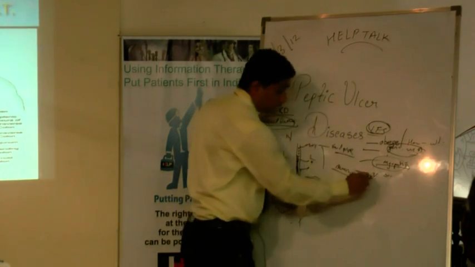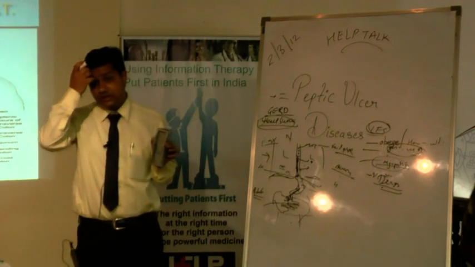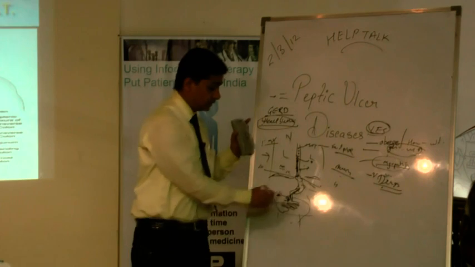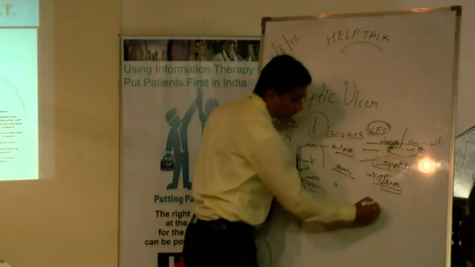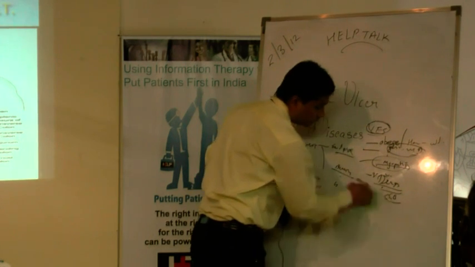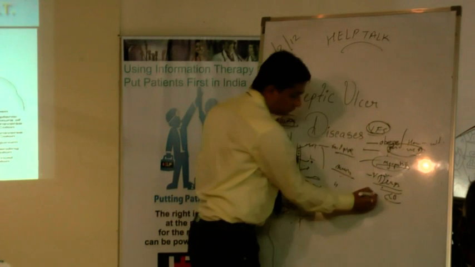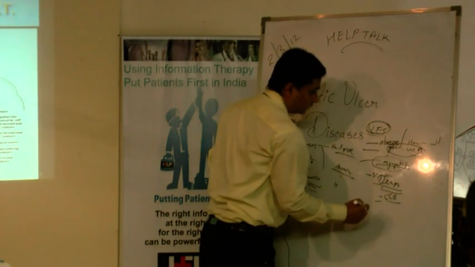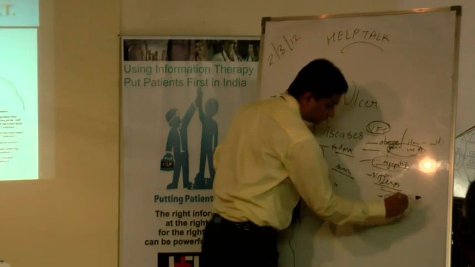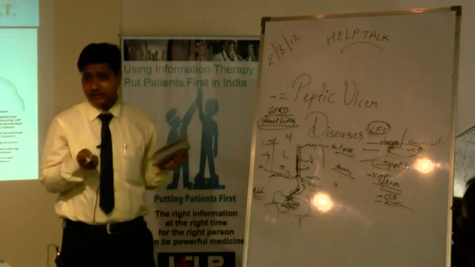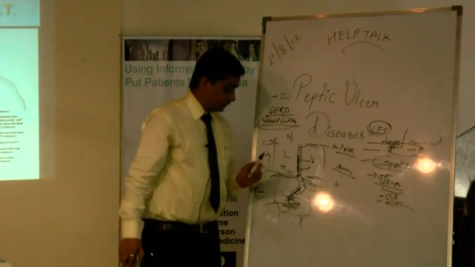Then drugs. There are many drugs which cause heartburn or which weaken this sphincter. Drugs like, in old days for hypertension, they used to prescribe calcium channel blockers, nifedipine and all the stuff. Then other drugs are there which are smooth muscle relaxants. So these are the drugs which can weaken this sphincter and cause